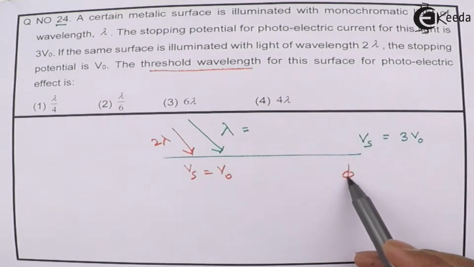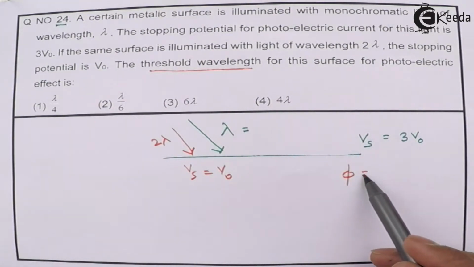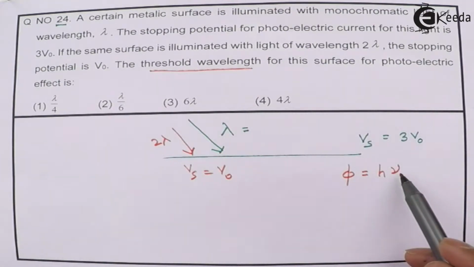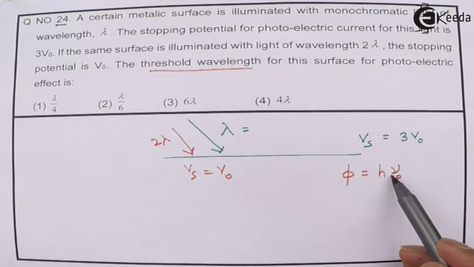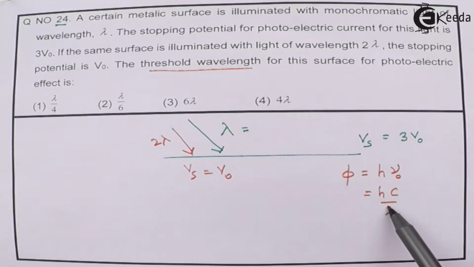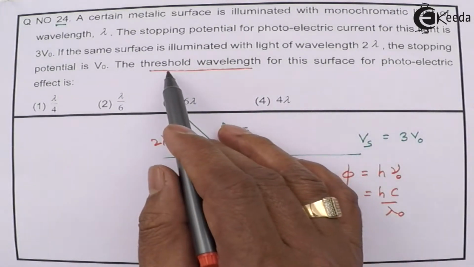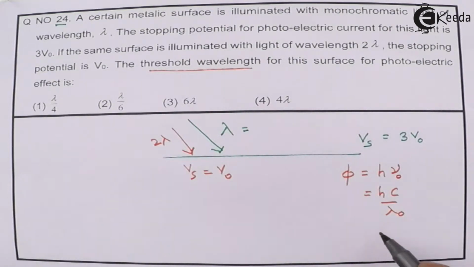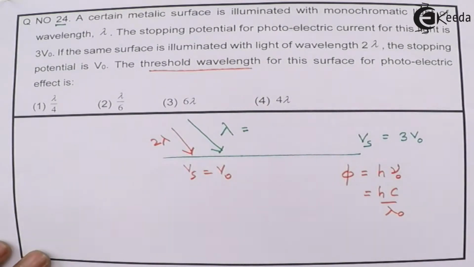The work function of the metal is given by h nu naught. This is the threshold frequency, and in terms of wavelength, this is hc upon lambda naught. This is the threshold wavelength, and that is what you have to find. The threshold wavelength will be what? Now